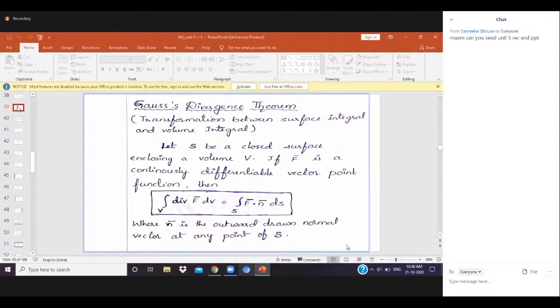So first, the Gauss divergence theorem. In this you have only the theorem statement. You don't have proofs. So statements are important, and they are important for the bits also. You have to remember the theorem statement, and for short answers this theorem statement is important, but for long answers only, that is the 15 marks question,